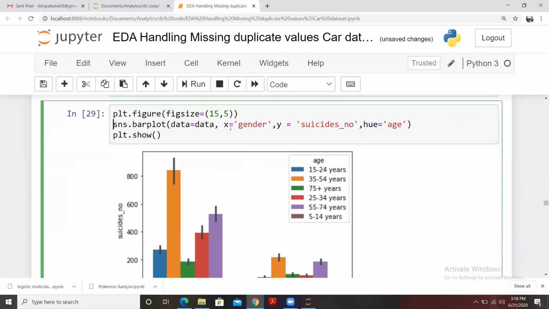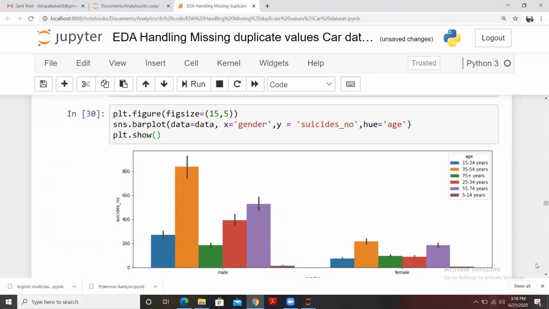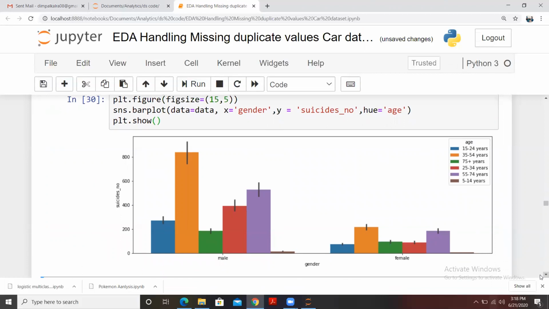Let me check. This is the data, this is our X, this is our Y, and we want to create a bar plot based on age. So you see here that I just need to check the suicide numbers based on the gender, and parallelly I want to check the number of the age category for the number of suicides among male and female.